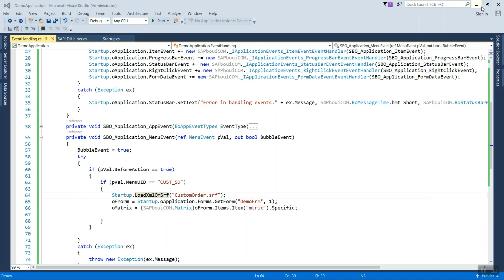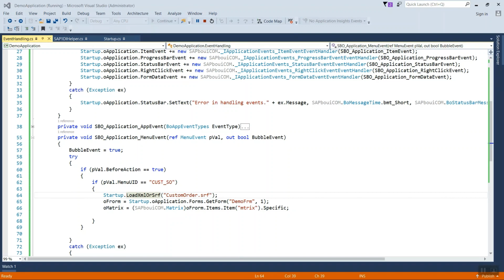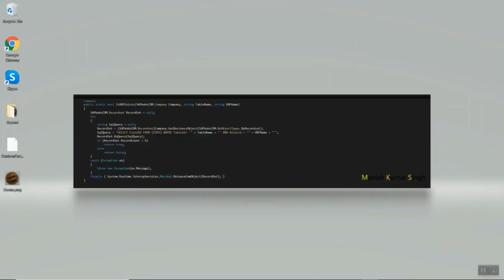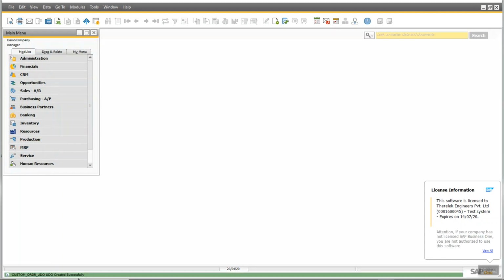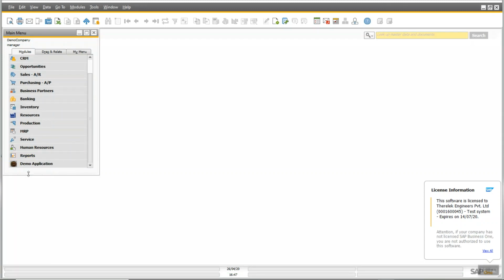Let me run once again. Custom order UDO created successfully. Okay, you can see the demo application menu folder has been added successfully, and the logo is also attached to this menu as I told you, and the submenu customized sales order is created.